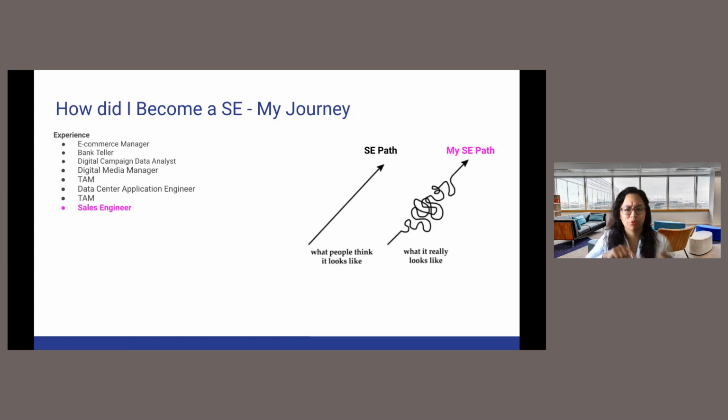Learning how to take nothing personal is all about the work. Then I moved as a digital campaign data analyst. When I moved here to Vegas, I started working for a company that had a small contract with Google. And we were doing digital campaigns. This is around the time that HTML and HTML5 were in transition, right?